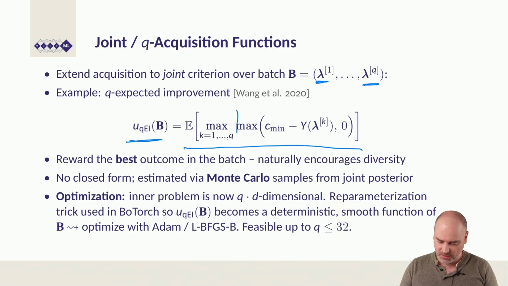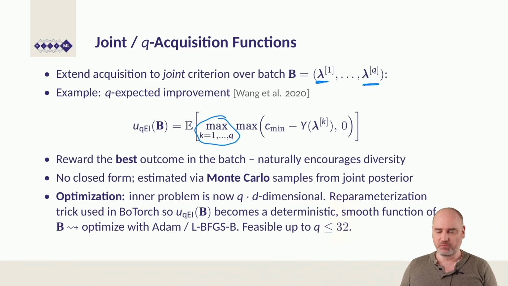So here in the inner part, we compute now the expected improvement across the whole batch, and we take the best improvement value